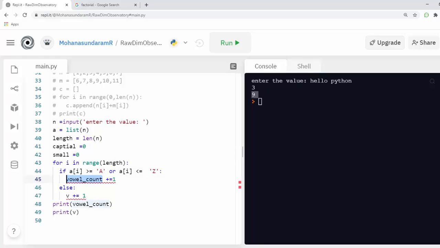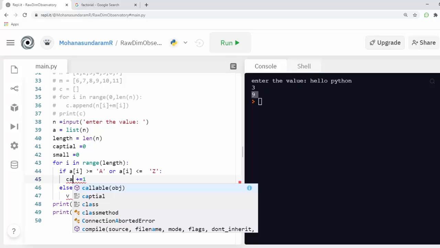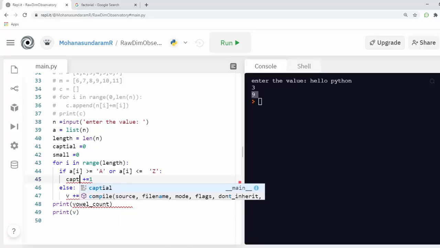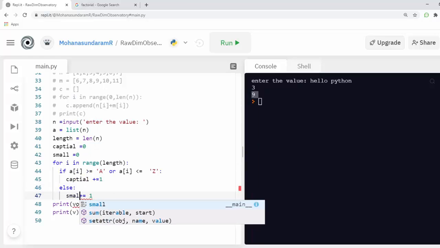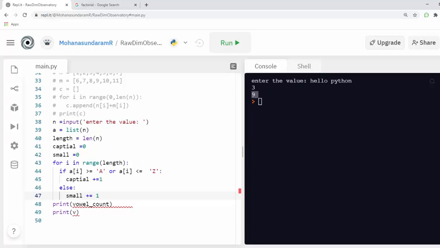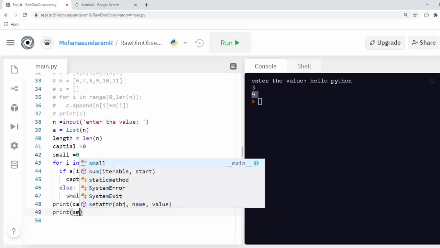If this condition is satisfied, I'm gonna add 1 to my capital, or else I'm gonna add 1 to my small. Finally, I'm gonna print my capital and small.